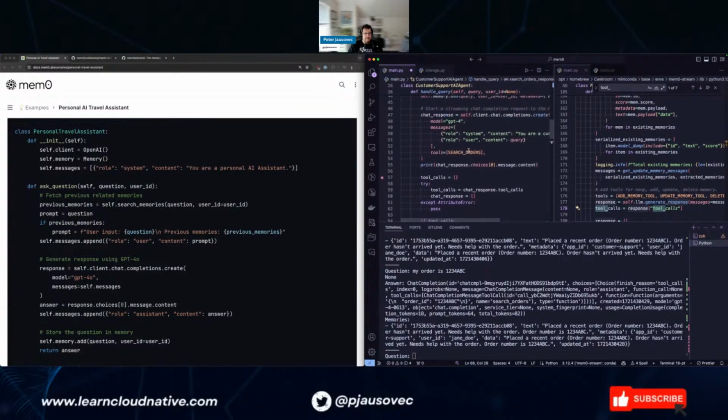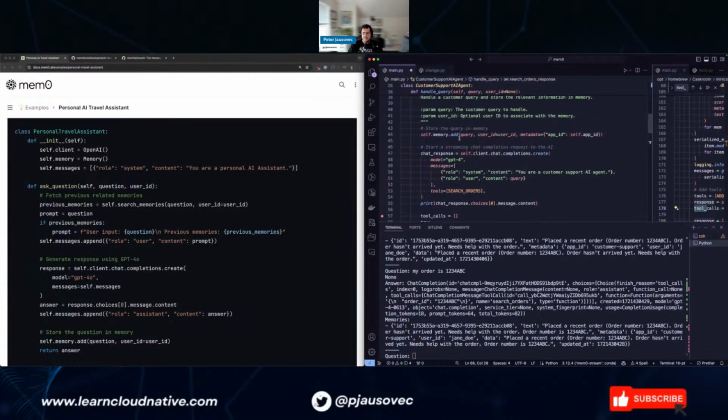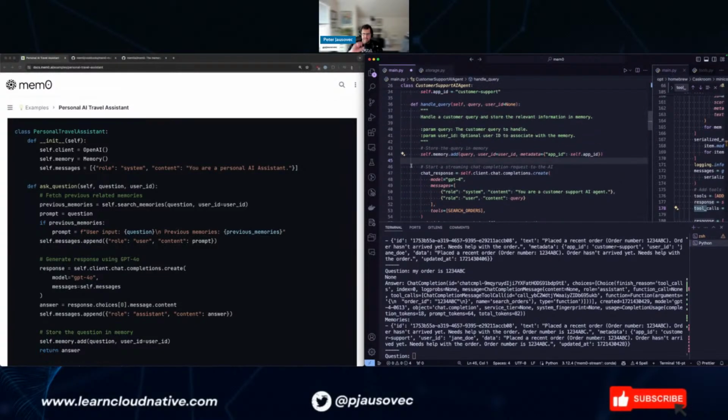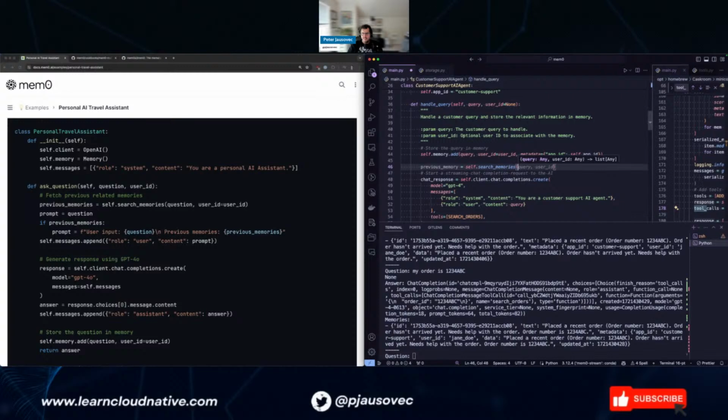Or here. There you go. So we add the current memory, then we say previous memories equals self.search_memories, query is query, user ID is user ID. All right, so we have the previous memories.